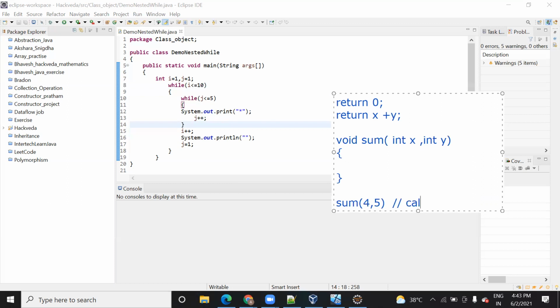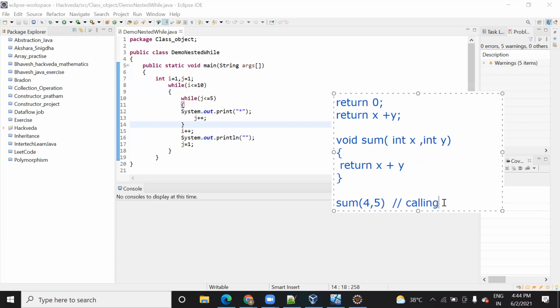Based on my calling value, this function will perform the operation. Suppose you have passed 4 and 5 one time, it will return 9. But I still don't understand this. Instead of writing return, even if I just write print with percentage d and the expression, it will still print. Then I don't understand the use of return. Till now I have no idea properly.